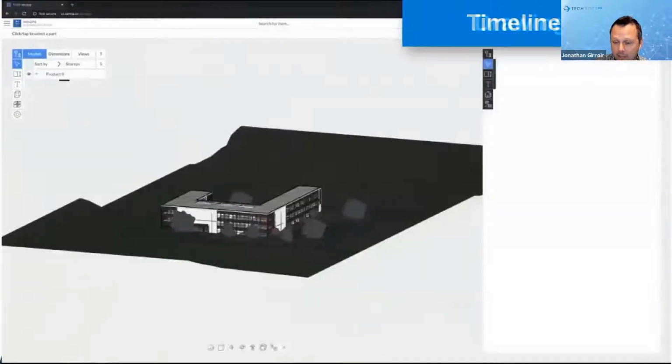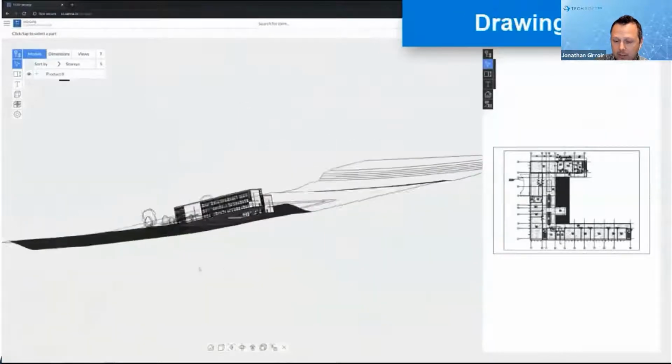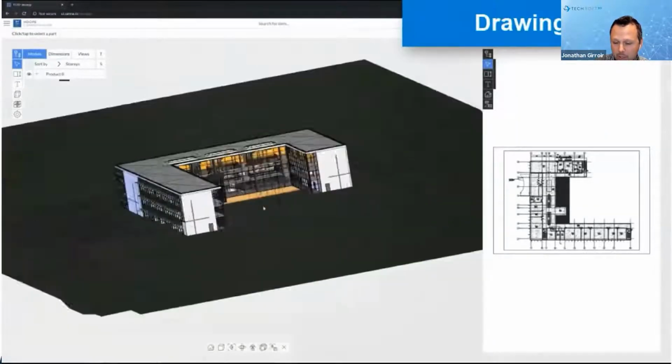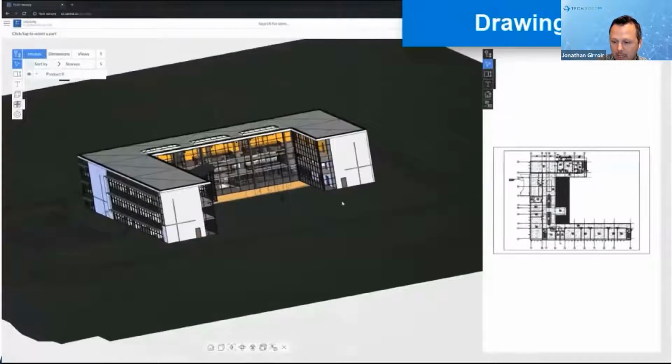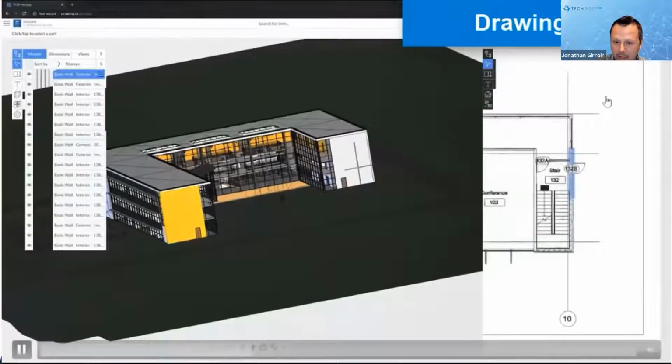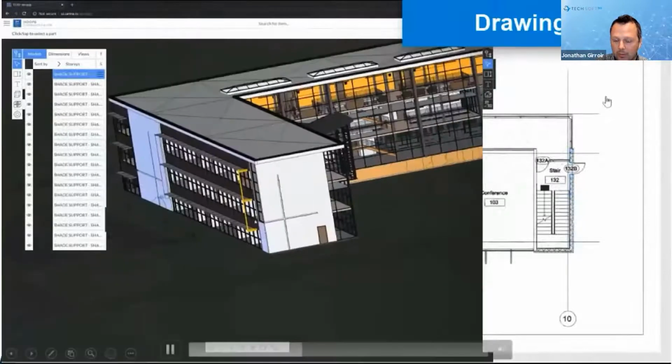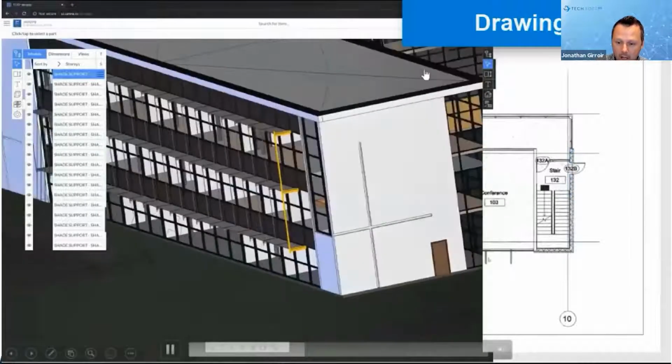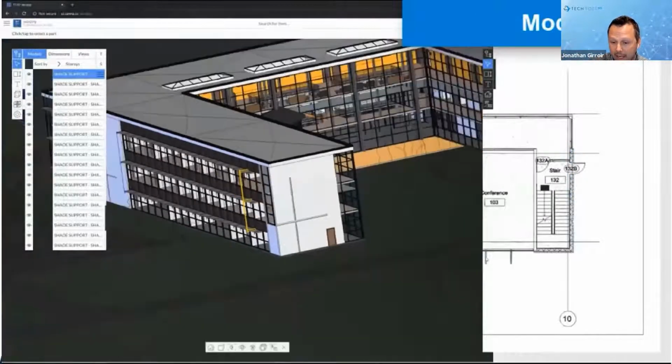Gavin mentioned that 2D is just as important as 3D. So here we have two different views of Hoops Communicator, a 3D view side by side with a 2D view. We're able to navigate those simultaneously, as well as be able to link them together in intelligent ways, mostly using unique IDs. So we're able to tie those objects with additional data. So it could be in other drawings, or it could be in your own database with your own data.